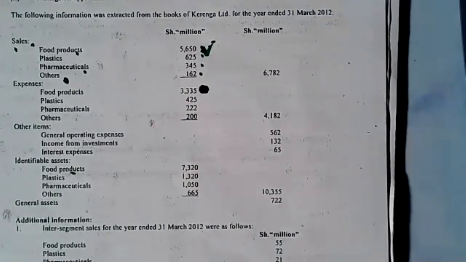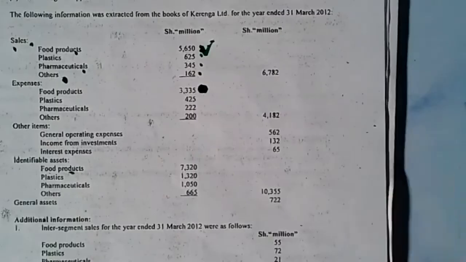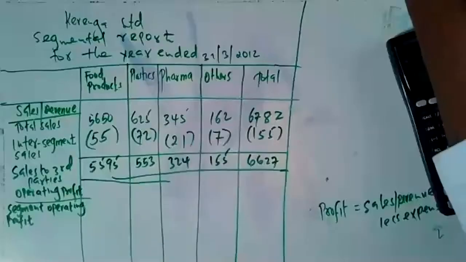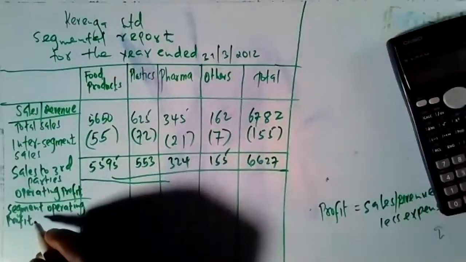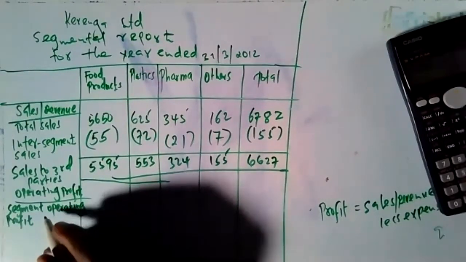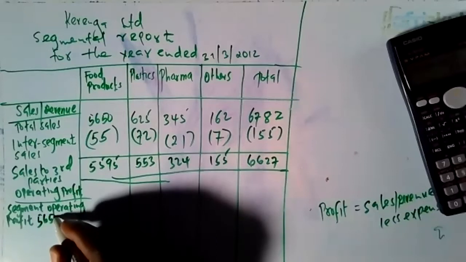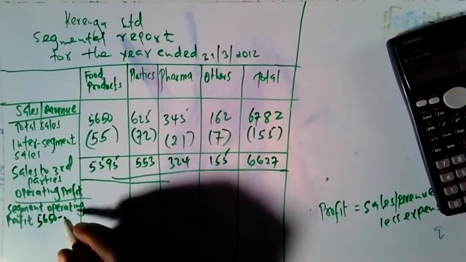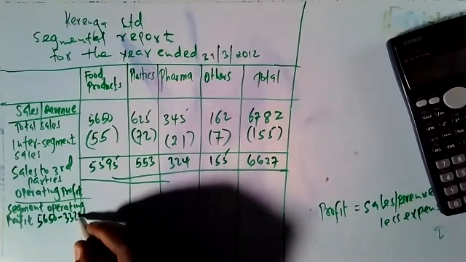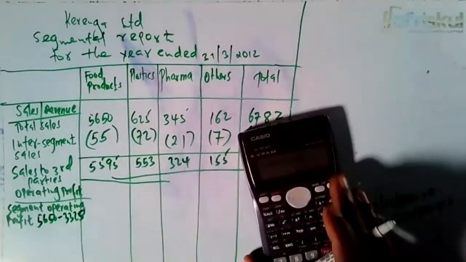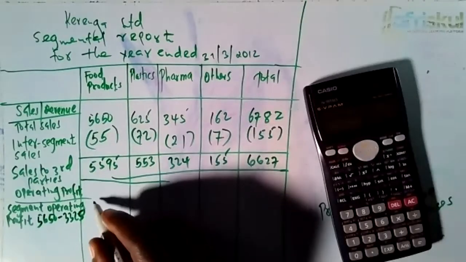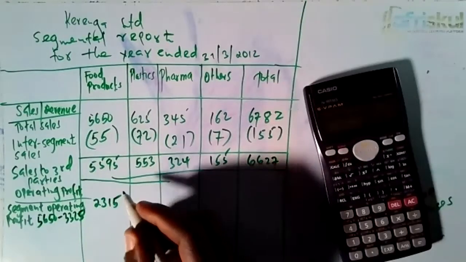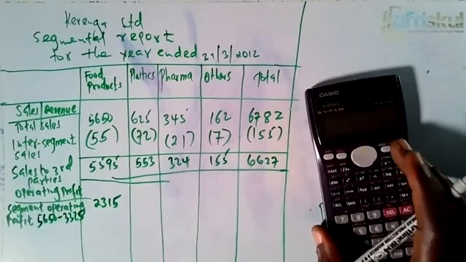That is plastics, pharmaceuticals, and others. So it's all about the first one. For example, for food products, you take the sales, 56.50, minus the relevant expenses, 33.25. So the first one is 23.15. Then the second one you do the same,